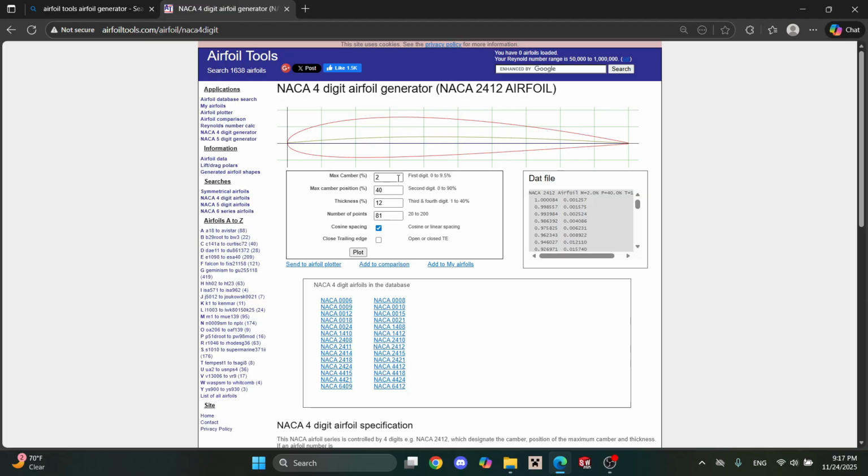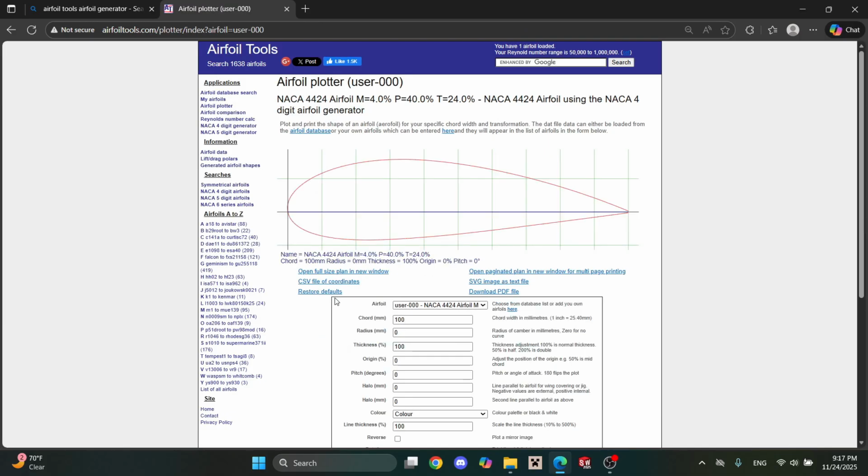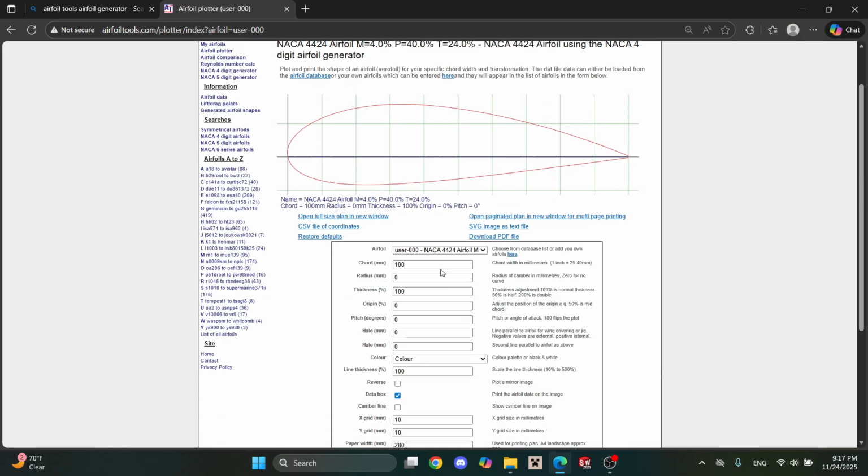Since it's a 4424 airfoil, the maximum camber is 4%, the maximum camber position is 40%, and the thickness, the last two digits, would be 24. For this airfoil, I'm going to be using 200 points to make up the airfoil. I'm going to plot this, set the plotter,